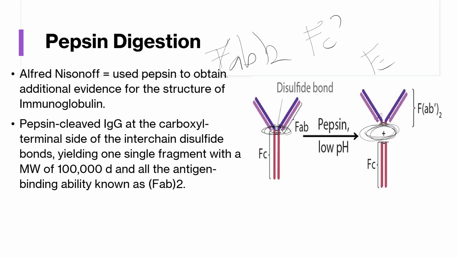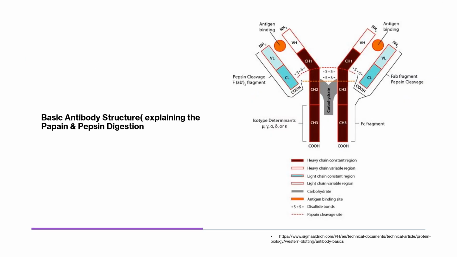Now, as you can see, this is the L chain, and this is the H chain, or the heavy chain. They are bonded by a disulfide bond, and of course the heavy chains are joined to each other by one or more disulfide bonds. The exact number of disulfide bonds differs among antibody classes and subclasses. So for this particular slide, we'll have a quick review of the basic antibody structure,